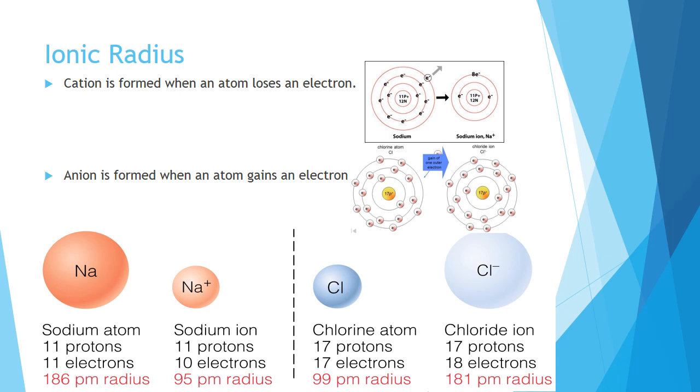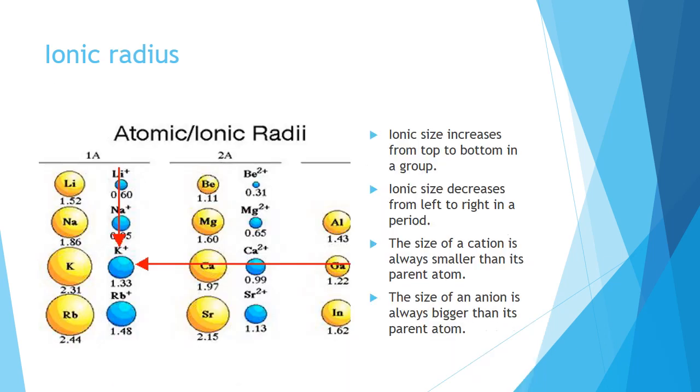When we talk about periodic trend in ionic radius, the same trend is followed in ionic radii as it was following in the atomic radius. The ionic radius, the cationic radius you may say, keeps on increasing if we go down a group. And if we go from left to right in a period, then the ionic radius keeps on decreasing because of the gradual increase in the nuclear charge.